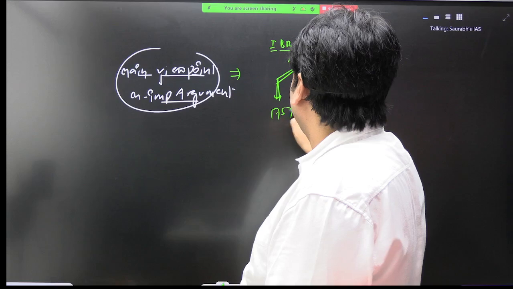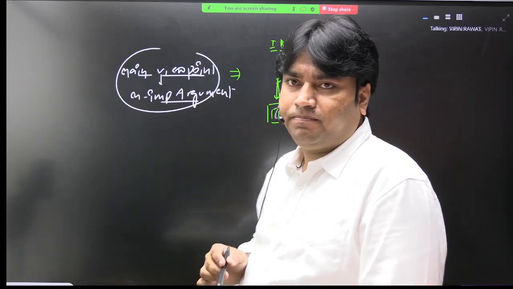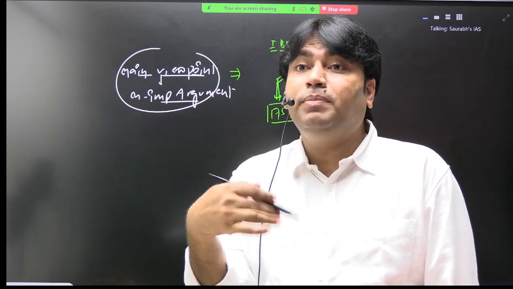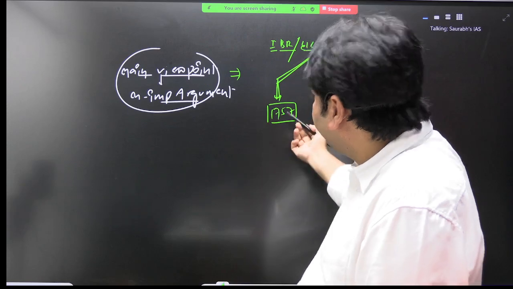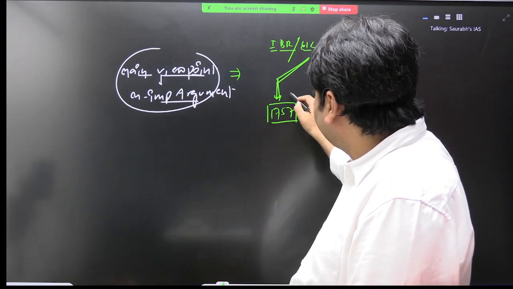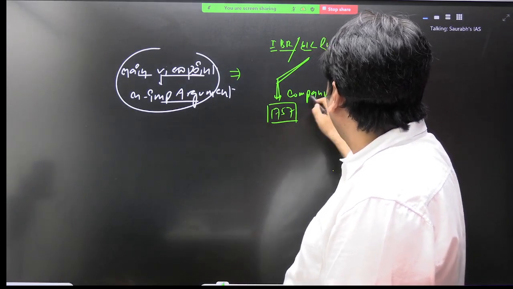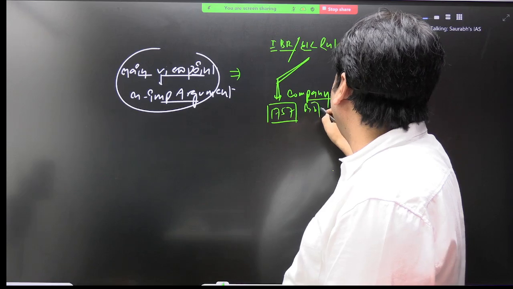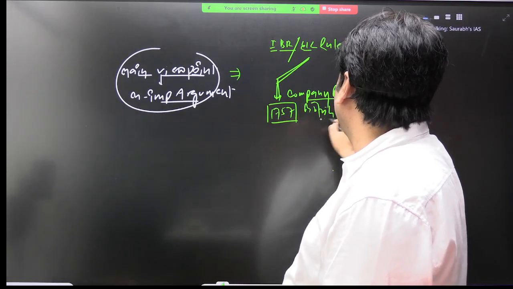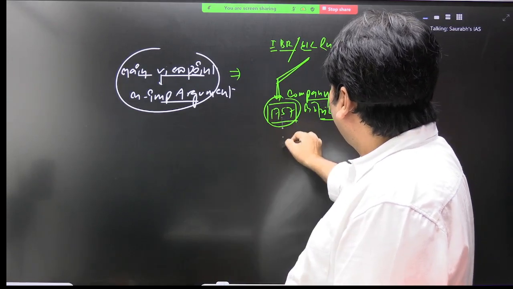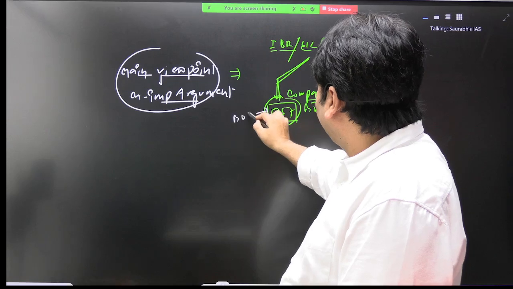So the answer was 1757, right? It means British Raj, Company Raj started in which year? 1757. This is the year that Company Raj or British Raj started, with a very popular battle that is known as the Battle